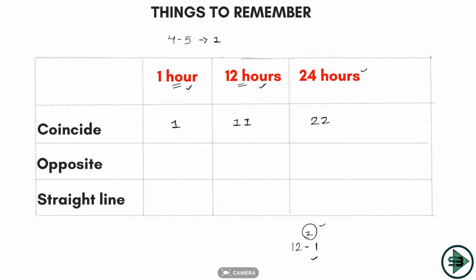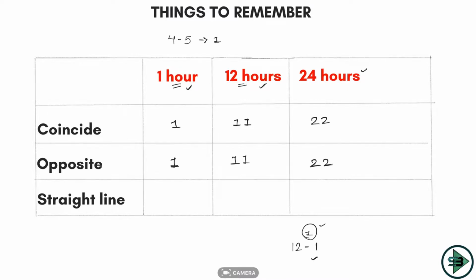How many times are the two hands of the clock opposite in 1 hour? Once, we know that, and we had also found out the time for that, 4 hour 38 minutes, right? Once in 1 hour. So how many times in 12 hours? Again 11 times. They are opposite. How many times in 24 hour? 22 times. That's your answer. Coincide and opposite. Next question.